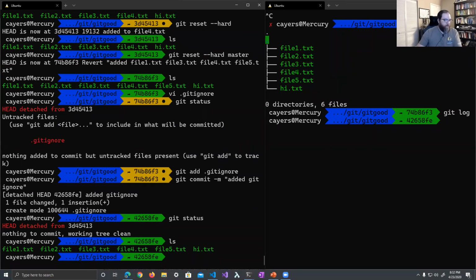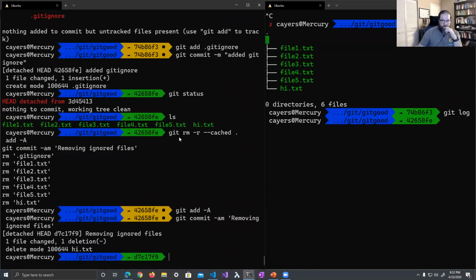So if I take these 3 lines here, which are pretty nice, what it does is it gets rid of everything from the current working directory and re-adds it back, and then commits it. If you've changed your git ignore file, this will remove the things that should have been removed, like you had it from day one. If you had a bunch of binary files checked into your repo, a bunch of junk, and you update your git ignore to remove those,